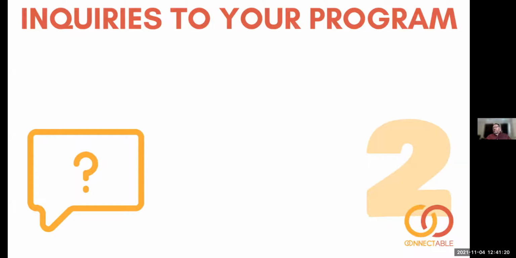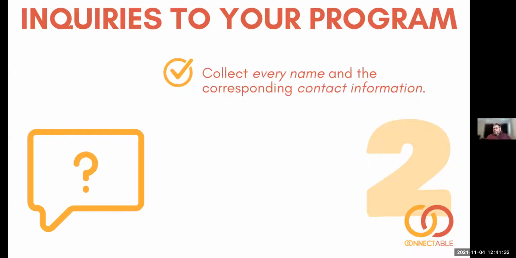There's a message on my voicemail. Somebody had a whole bunch of names scribbled on a notepad, and it was all over the place. And so it was very hard to manage because of that. But you need to know and have a central place to collect every name and the relevant contact information for those people. So what should you have?